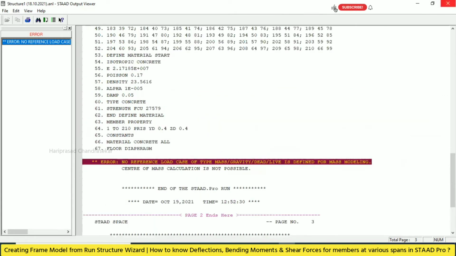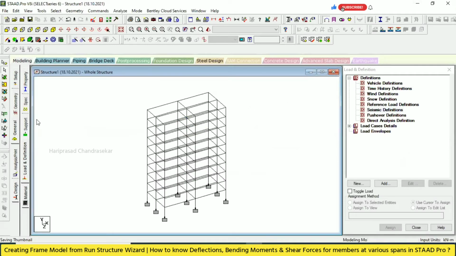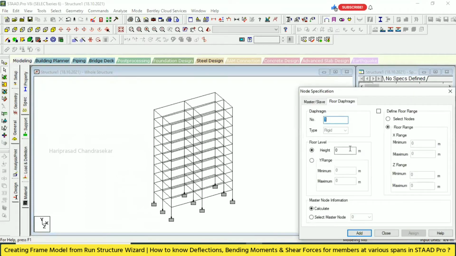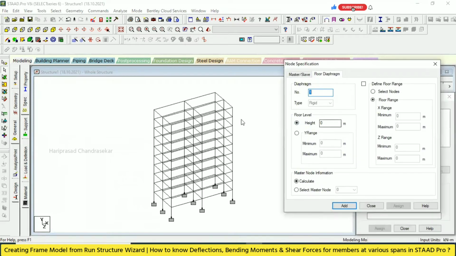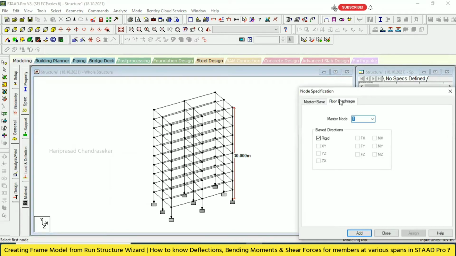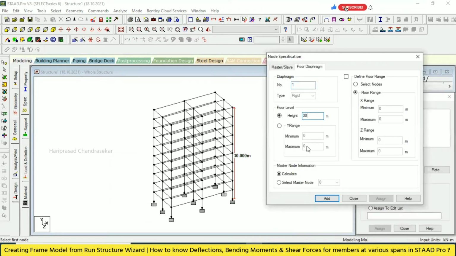Floor diaphragm. Okay, so we can just provide a floor diaphragm in that case. Where can we go and provide it? Do you remember floor diaphragm? In spec. And here you need to go for node and then floor diaphragm. And you need to mention the height. Height, how much did we provide? 30. 30, anyway we will check it. 30, node, floor diaphragm, and then 30